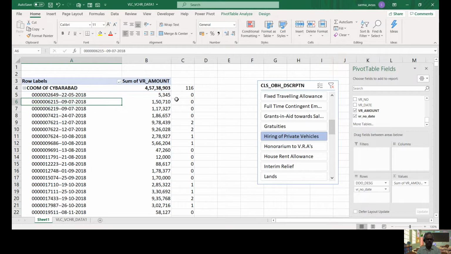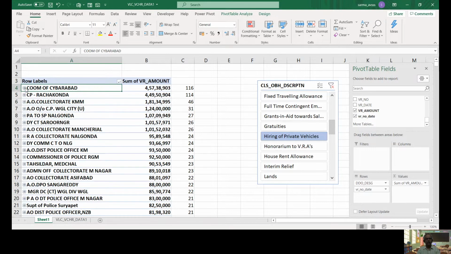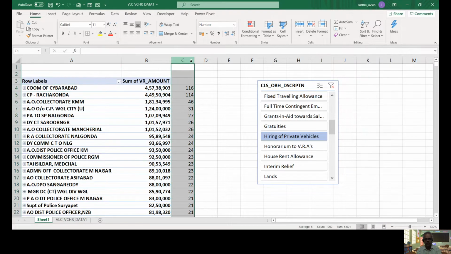Okay, so those things are any errors we can notice in the vouchers. That way we can observe our audit points just by seeing the data and by a small calculation. What we did is 33,000 rupees for a cab, into 12. So that is the annual expenditure. And if we divide that amount, it is giving us how many vehicles he hired, right? So this is the power which data analysis gives to an auditor. Okay, and one more interesting fact I will demonstrate to you.